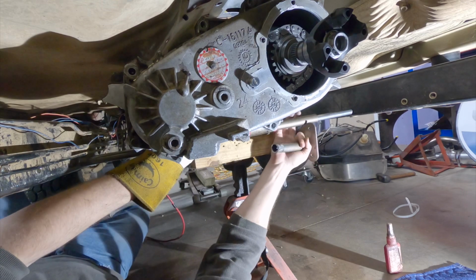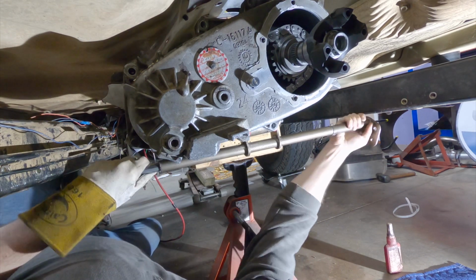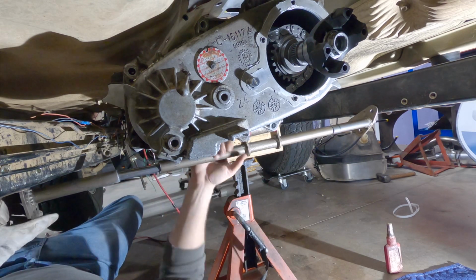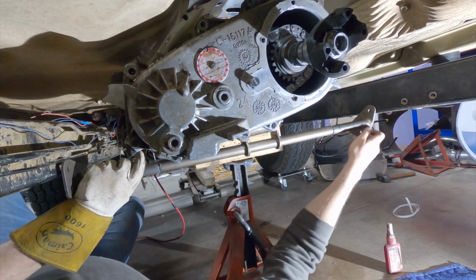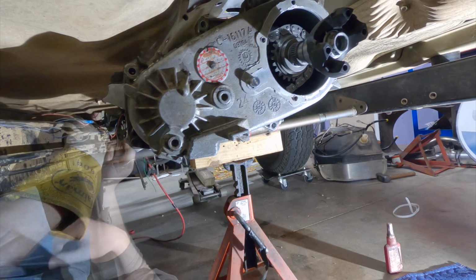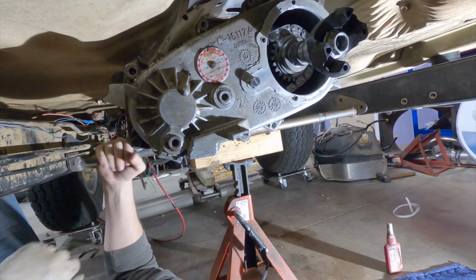That was another concern, but now, if I got all my measurements correct, which is yet to be seen, this should now fit. Should. Maybe. Push that in. Now I should be able to rotate this forward, and voila! That will work. I have plenty of clearance here. I don't have to worry about the front drive shaft hitting. And overall, that actually looks